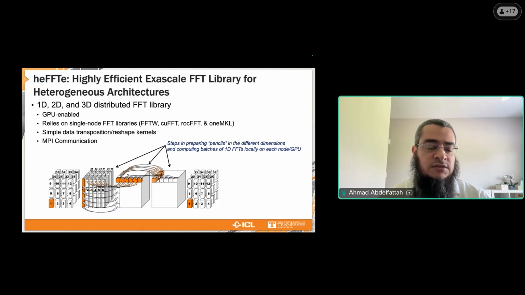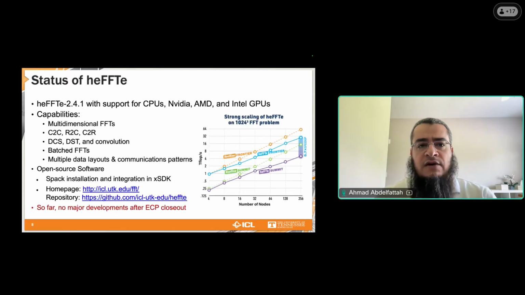So the way it works in this figure here, we start with a 3D domain as an example, and it's evenly distributed across MPI ranks. We start with a reshape so that the data are contiguous in one direction, and we can do a 1D FFT in one dimension. Then we do a global transposition in another direction.